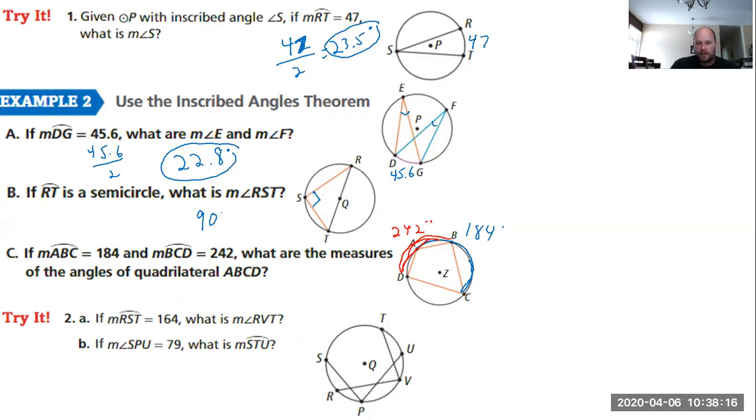So there's a couple different things that we can do. First off, we know that based on the angle 242, C is going to have to be half of that. So if that's 242, 242 divided by 2 gives us 121. So that's this piece. But if we know that that's 121, the angle across from it has to be,